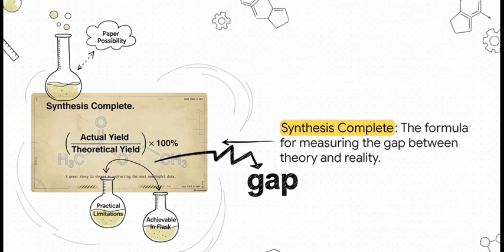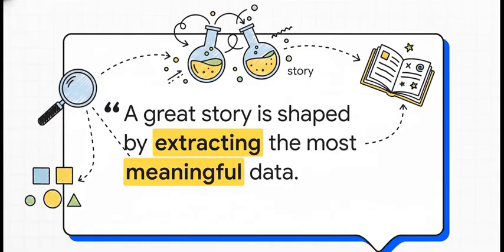And this formula is so much more than just math. It's really the heart of chemical synthesis. It represents that constant struggle to close the gap between what's perfect on paper and what's actually possible in the real world. In the end, calculating a percentage yield isn't just about getting a number right. It's about understanding the story of your reaction. Because a great story, much like great science,